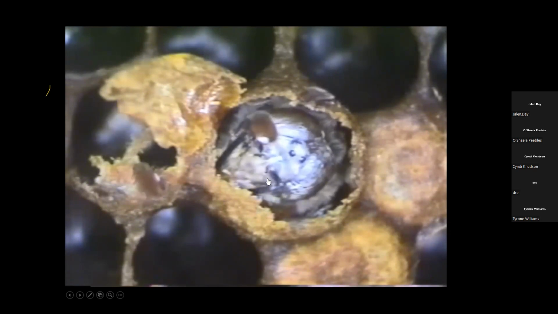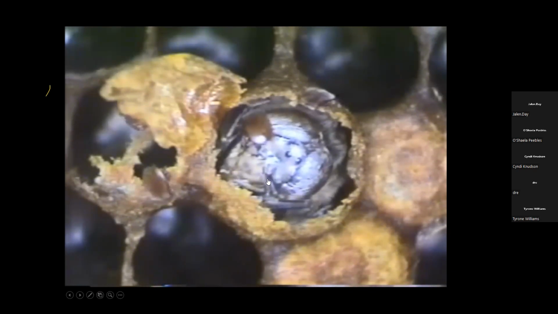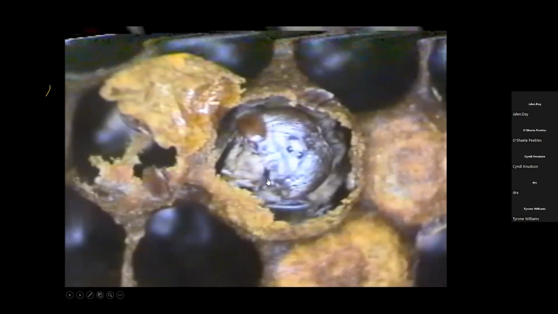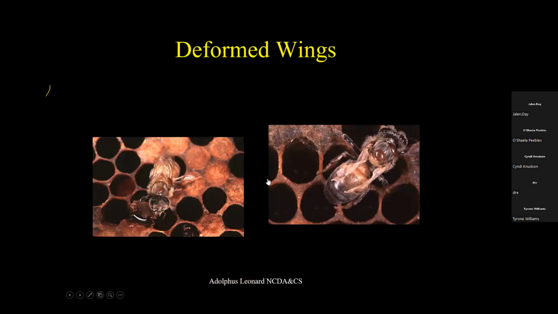A lot of effort has gone into developing resistant honeybees. Many different angles of attack: grooming behavior, hygienic behavior, being able to detect mites in the developing pupa. And in one case, the bees can actually discern between